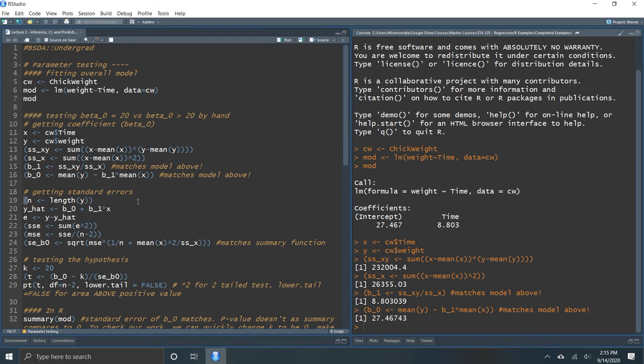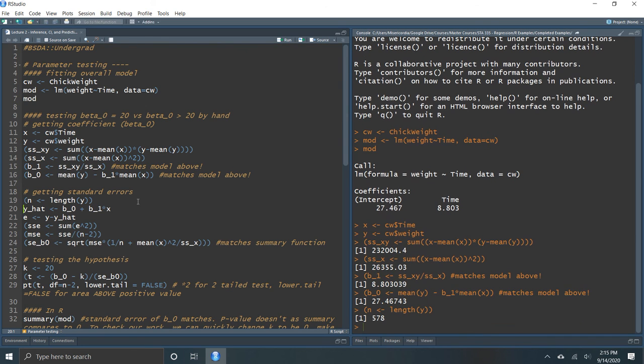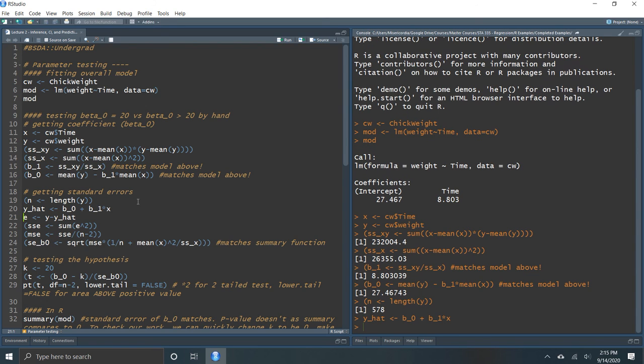Now because we've already done hand calculations of parameters, when you're doing the work for this, you can just pull the parameters off of the model if you want to. The work for this is primarily for the testing and calculating the standard errors and the test statistics and p-values and so forth. Okay, so for the sample size, I've got 578. That's how many y values I have. Y hat is going to be the prediction for each of the y. So remember, the prediction for each y is b0 plus b1 times each of the x values. So this is going to be